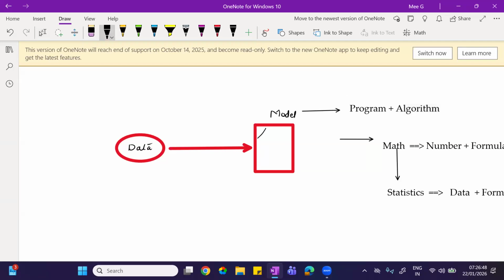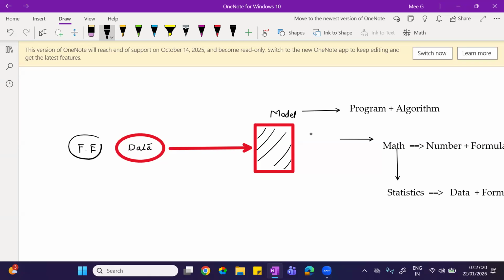Now, this is the very core mechanism of your AI. And before giving this data, you should make sure that this data is in pure form. Making sure that this data is in pure form, with steps like removing the impurities and transforming, is called feature engineering.